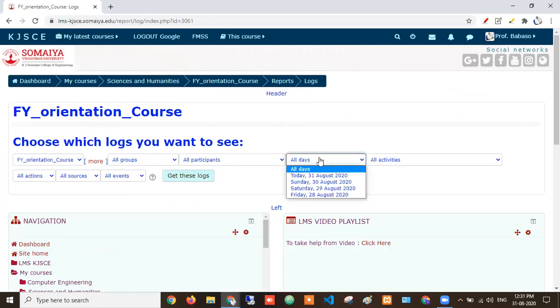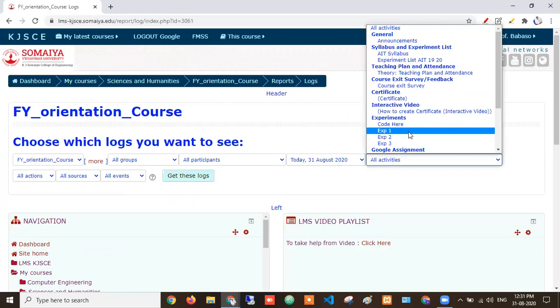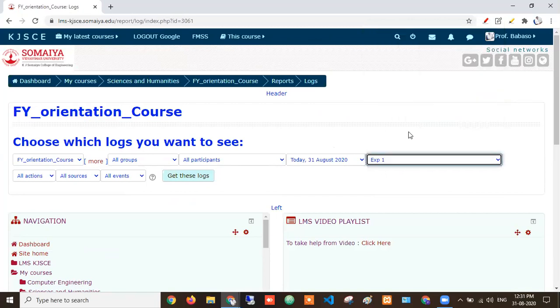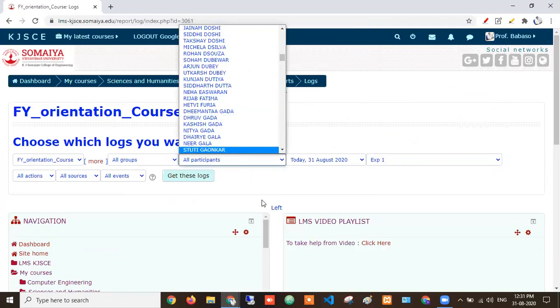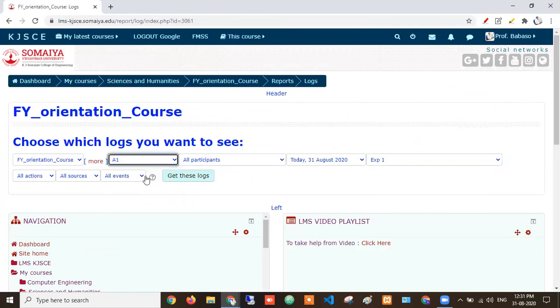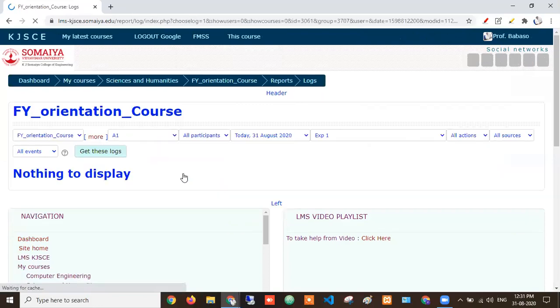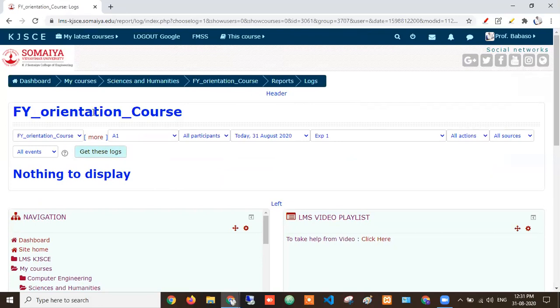There are a lot of logs, sir. Which day's log do you need, sir? Here you just check for which activity you want to check. Suppose Ravindra sir is asking who has done this tutorial and how many people did it on a day. So if you want all participants, or a batch, just select the students. If you want all groups, you can do that here, one batch and its participants. You have more options: all actions, view, create, delete, update, whatever they have done. Just click here, sir, and you will get all these details. For this FY orientation, for this date I don't have any details, but definitely you will get these details, sir.